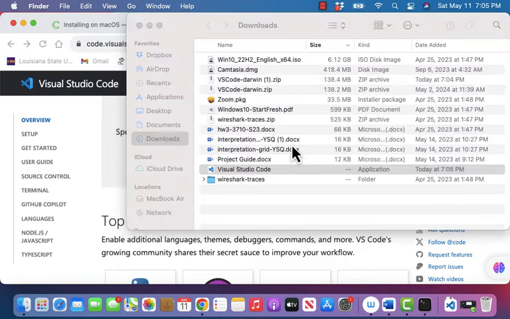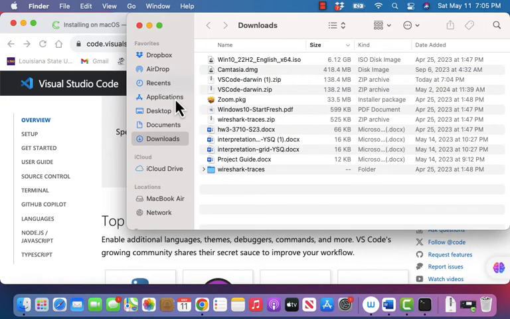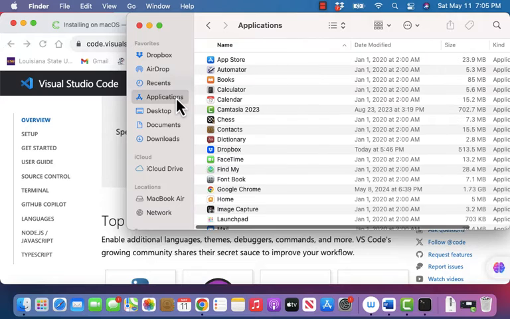Now I just double clicked on it to unzip it. That's right. Okay, it just unzips it, and there it is, right there in your downloads folder if that's where you put it. So I'm going to drag it and put it in my applications folder. So now it's in my applications folder, and now I'll go to applications